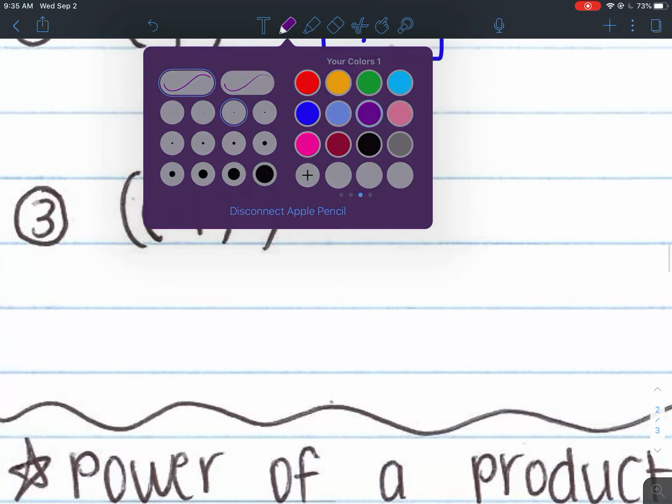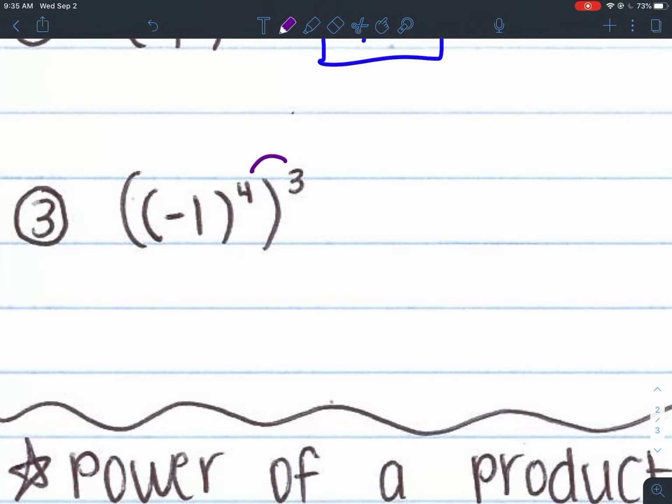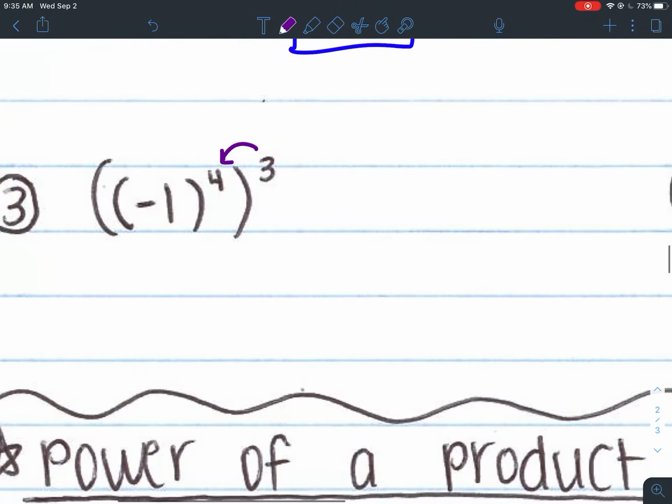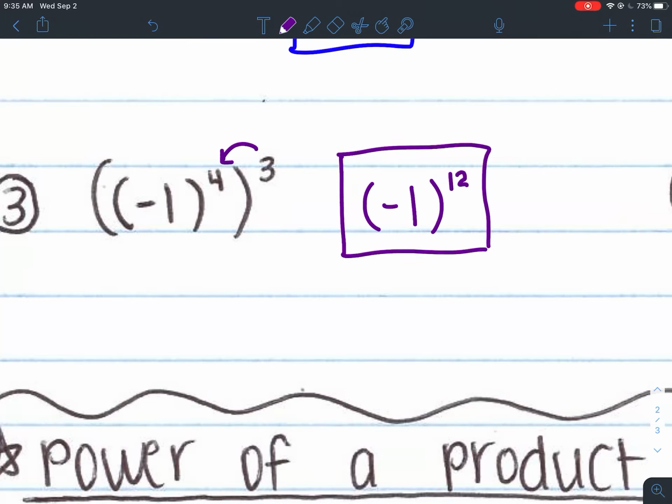But you want to treat it exactly the same, and you're still going to multiply the exponents together to simplify this. Why am I multiplying and not adding? Because there are parentheses, so you're distributing. Distributing is multiplication, so do not add. So in the end, I have (-1) to the 12th power, because 4 times 3 is 12. And yes, I would keep those parentheses. I cannot get rid of them because that number is negative, so I want to make sure that I keep